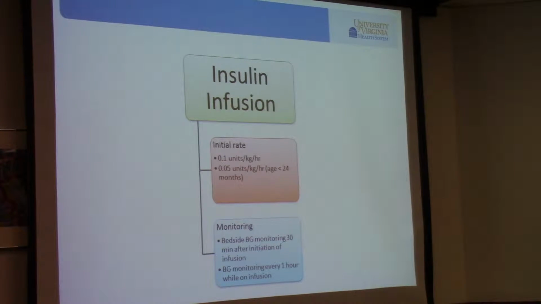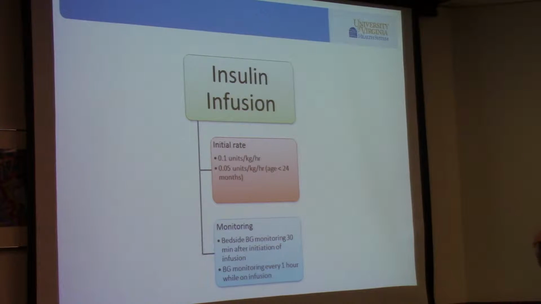We're working on a worksheet right now. We actually have a worksheet, and it's an old worksheet that Dr. Woods created. It's been revised, and this is what it's going to look like. So you may find this in the basket in PEDS where we keep the DKA worksheet. So just be looking for that soon, a new one at least.